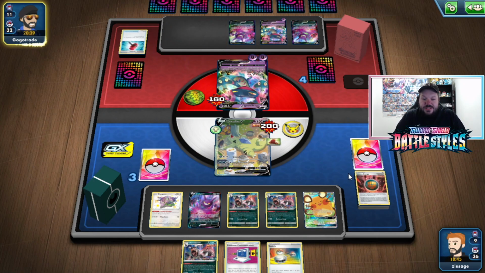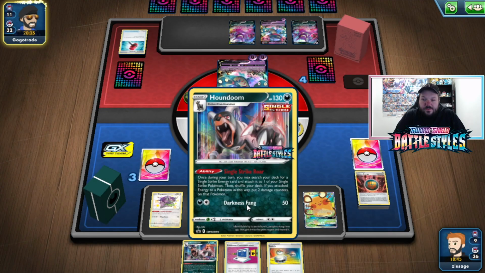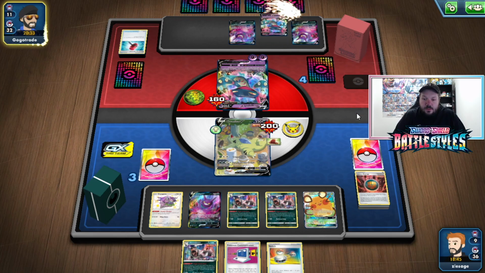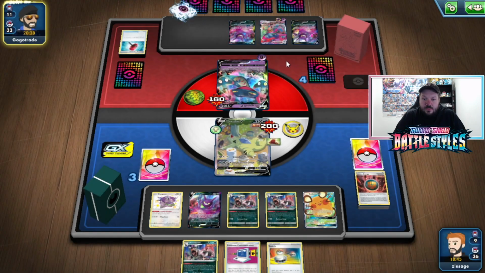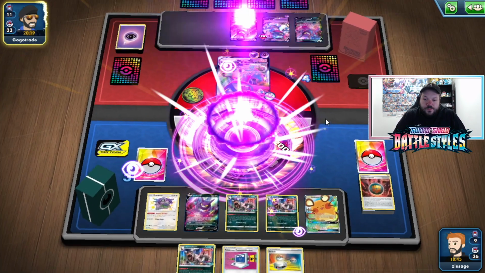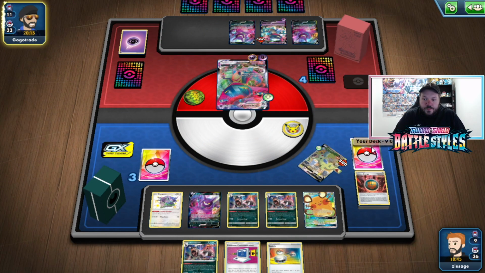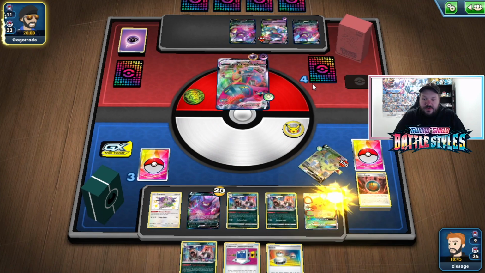I mean, I could have attached the energy first. That might have been a little bit better. I can always attack with Darkness Fang if absolutely necessary. There is a Dragapult VMAX there, so we are going to see a knockout here. Will we be able to come back in this game and make a top deck kind of play? I'm not sure. I don't think this game's going to end very well, if